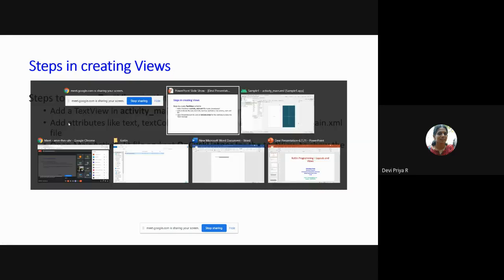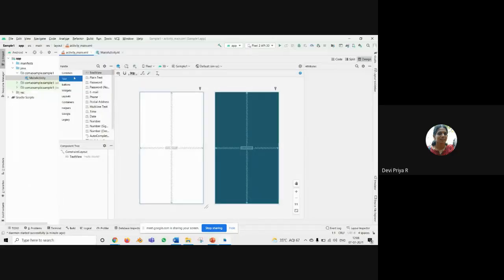See here, you can add a view, right? This is the palette which shows all types of layouts and also the buttons. The basic tab is text. So when you have a text box, this text box itself is divided into different types of text. You can have a text view, plain text, password. If it is a password, you can place that password button. And if it is a numeric value, you can choose this option: email, phone number, postal address, multi-line text.